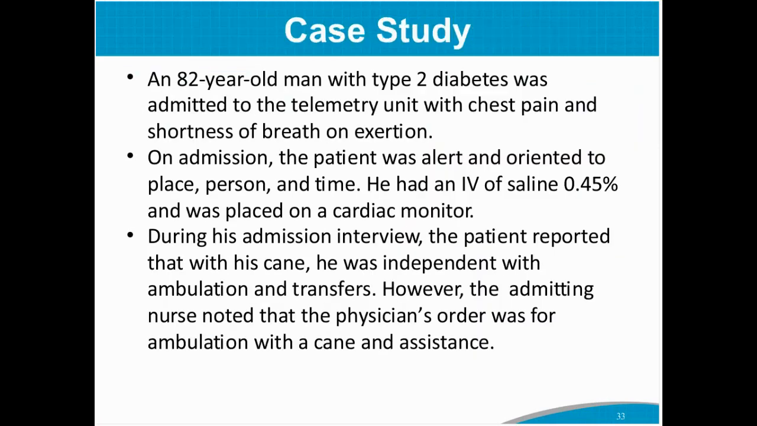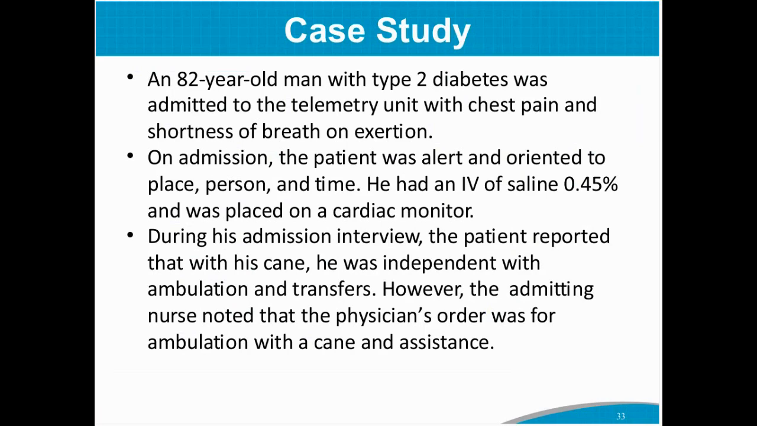So now that we've reviewed all of the areas of risk on the Morse Fall Scale, we're going to read through a case study and talk about how we would complete the fall risk assessment on this particular patient and how we would use that to do a care plan. So an 82-year-old man with type 2 diabetes was admitted to the telemetry unit with chest pain